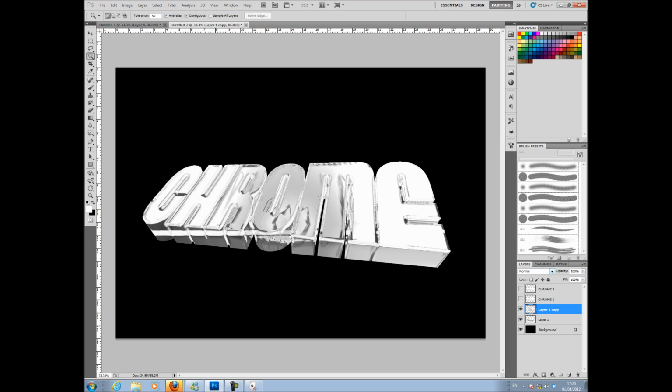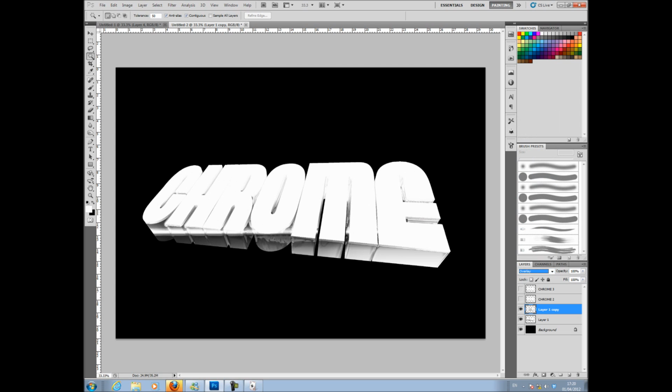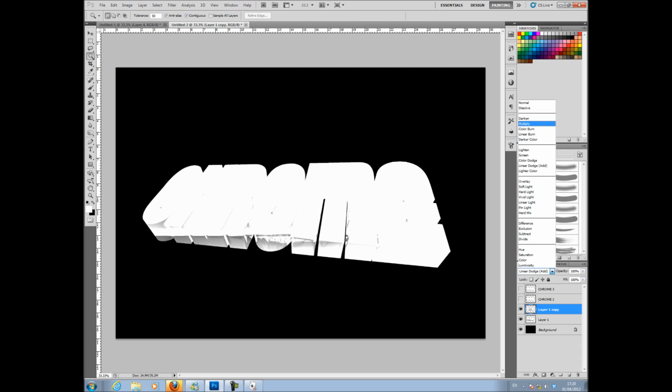and then you could change that to like an overlay, a soft light, a hard light. You could have linear dodge, you can have multiply. I think multiply would actually look good on this actually. Hold on. Yes, perfect. So